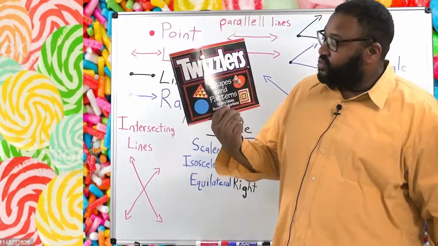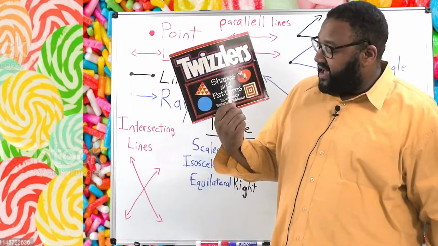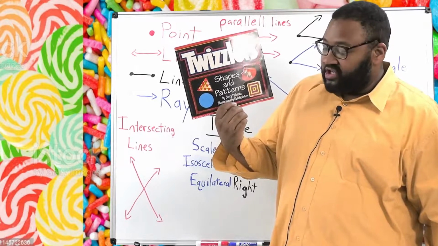Once again, it's called Twizzlers, Shapes, and Patterns by Jerry Pallotta, illustrated by Rob Bloister. I want to thank each of